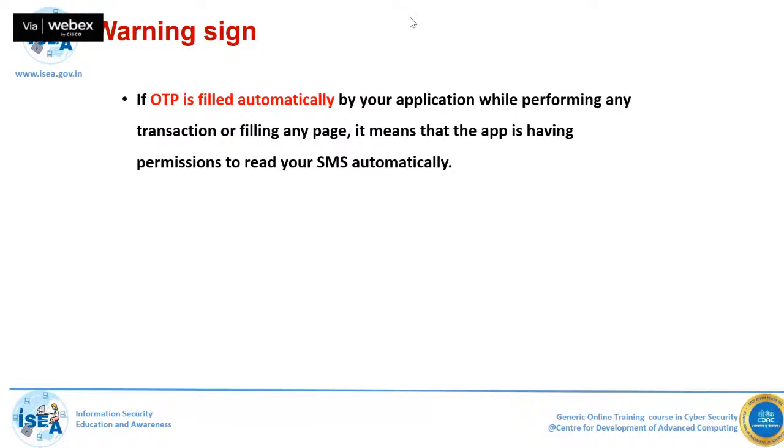If you are using an Android mobile phone, in the Play Store there is an option. For example, I have opened my Play Store, and I'm showing it. These are the available options. There is something called Play Protect. Are you able to see that Play Protect? Click on that Play Protect.